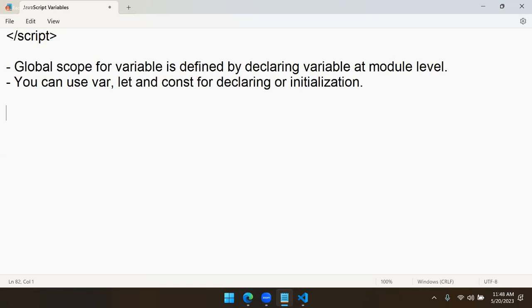Here also one more point is another wrong idea that people have. Generally, many websites will tell you that a global variable is declared with var. That is wrong. A global variable doesn't depend on the keyword. A global variable depends only on where it is declared. You can use let, const, var, all give global variables. Actually, it is module level. Module level means nothing but, for example,